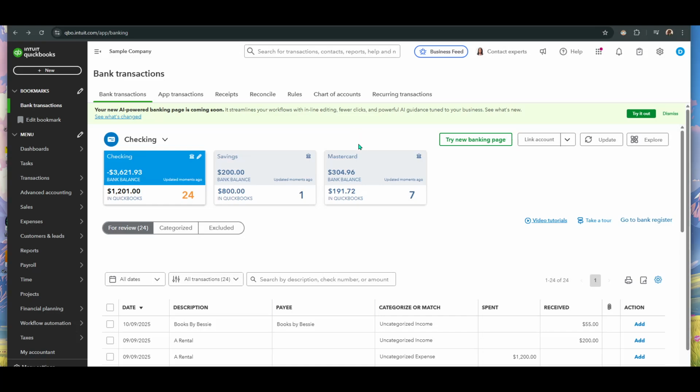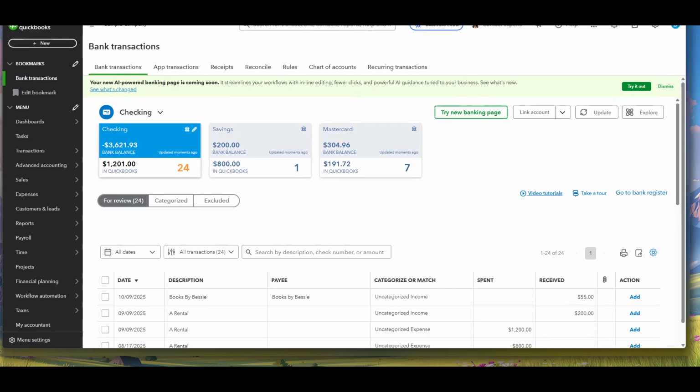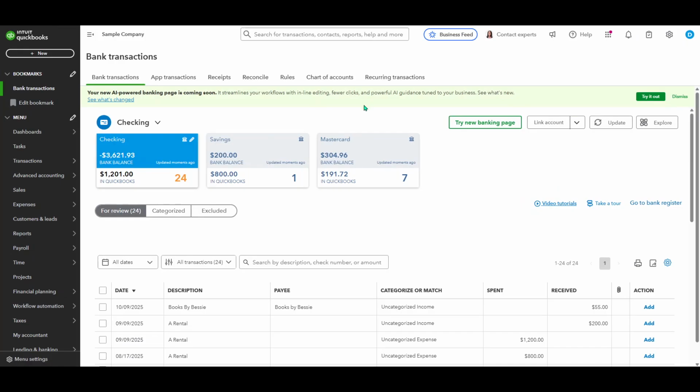In today's video, I'm going to teach you how to change the currency in QuickBooks Online. If you're looking to manage your finances more efficiently by using the appropriate currency for your business transactions, this guide is for you. First, log into your QuickBooks Online account and head over to the top right corner of the